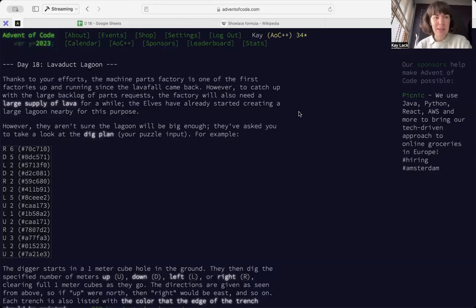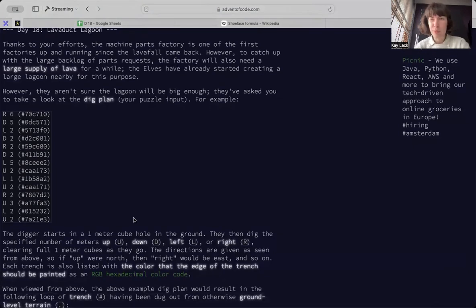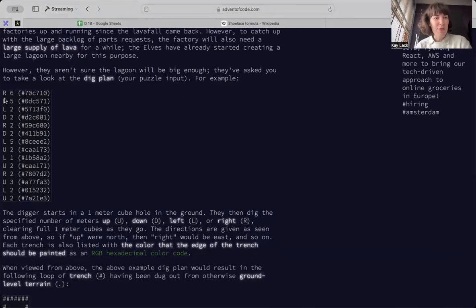Hello, it's day 18, and we've got a problem that I think part one we may be able to solve with a spreadsheet today. So that should be fun. So we've got a list of instructions. The color is unused as yet. I imagine that comes up in part two, but they essentially represent a